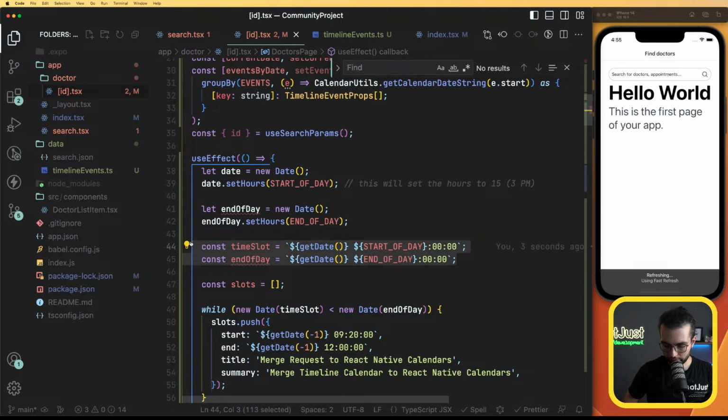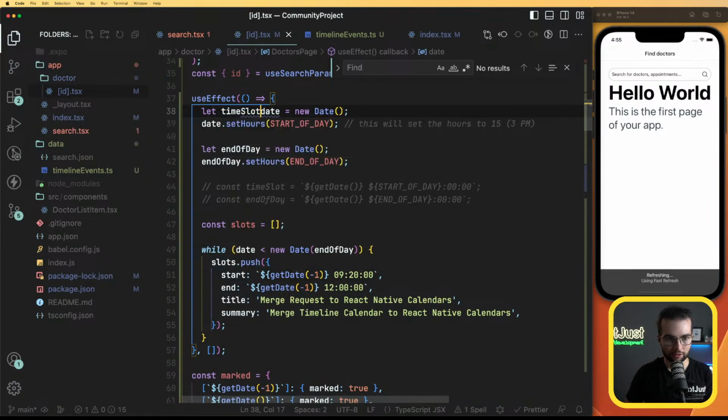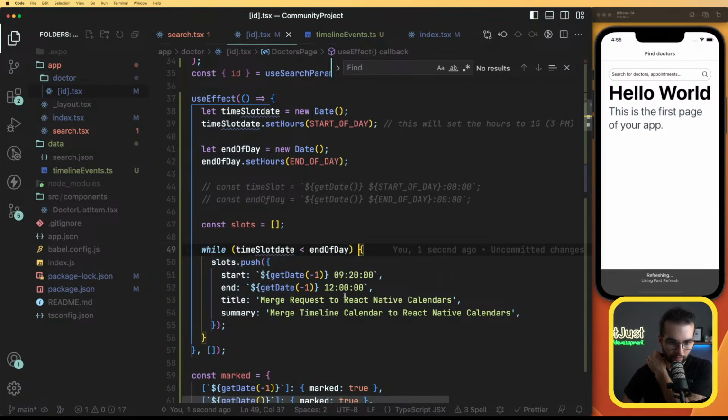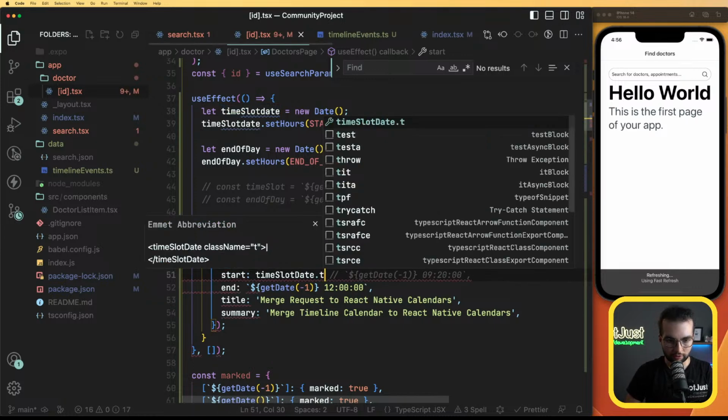Now I don't think we need these time slots, but we need if date, time slot date, while it's less than end of day, we're going to push. We're going to push it here. Time slot date dot to